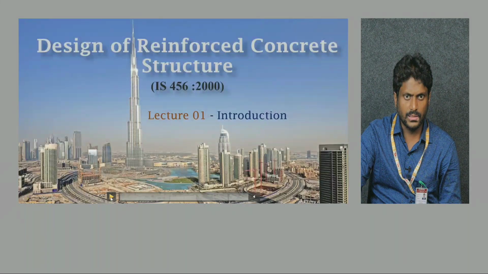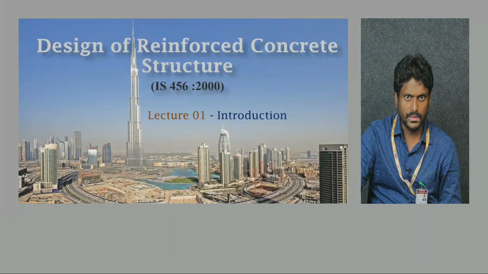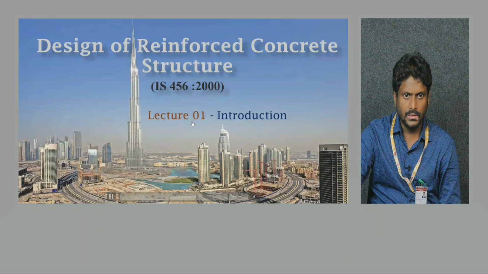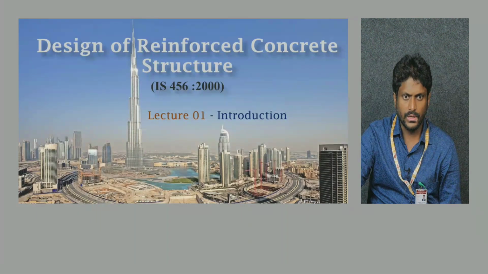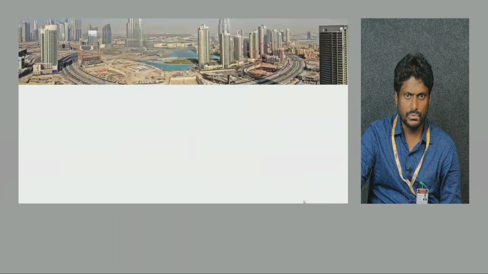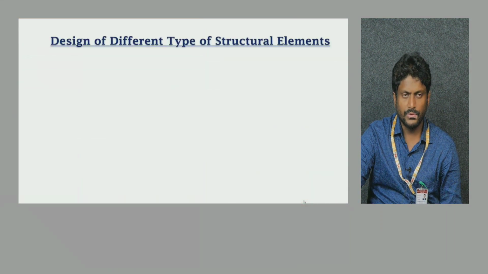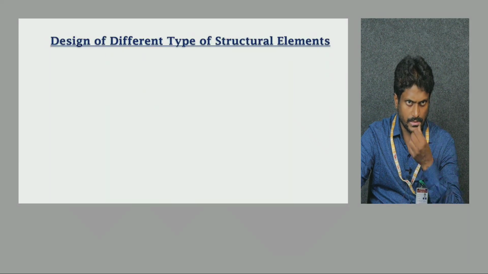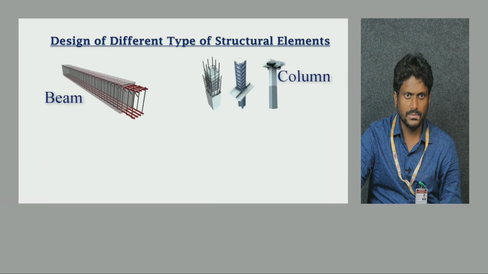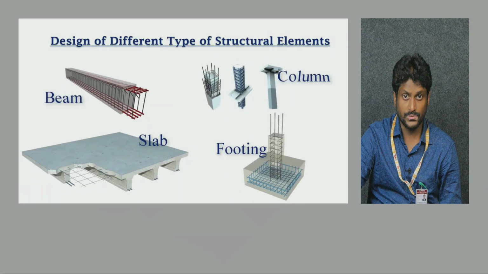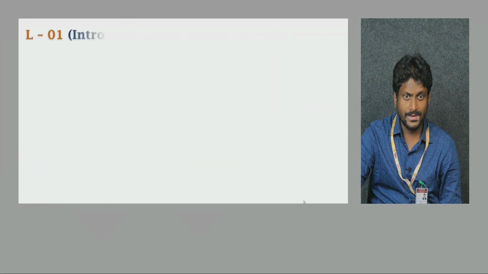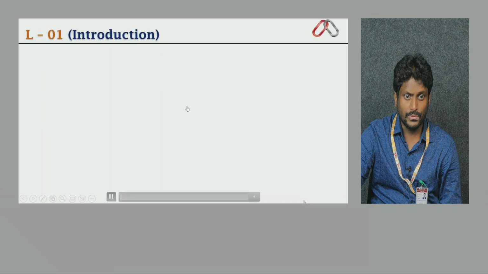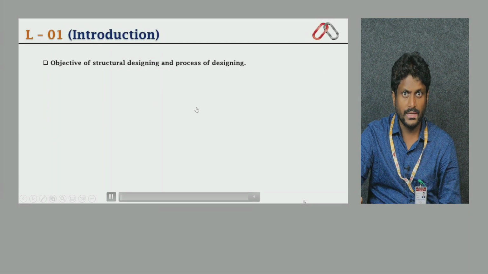Now let me start some visual video which will give an elaborated idea about the fundamentals of the design of reinforced concrete structures. From this I could explain each and every parameter we have understood about the properties of concrete. If you talk about the design of different types of structural elements, the first understanding is what is beam, what is column, what is slab and what is footing. Once we understand this, we talk about the objectives of structural designing and the process of designing,